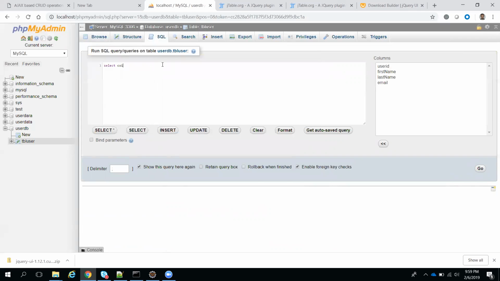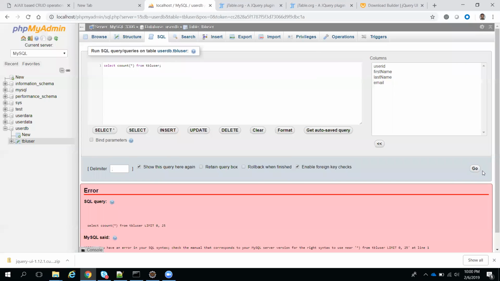This is like query basics: select count star from, what is your table name, TBL user. So when I click on go, spelling is wrong, count star.